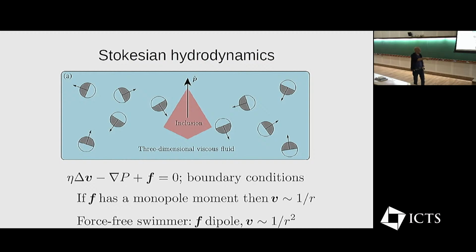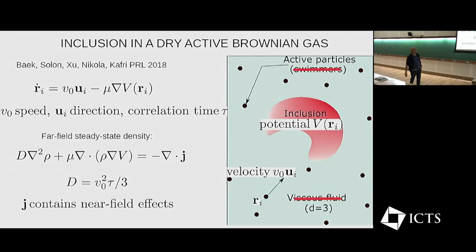If the force density has a monopole, for example, in the case of a sedimenting particle, the velocity field will decay as 1 over r away from that object. This is all in 3 dimensions. And if it's a force dipole, it will decay as 1 over r squared. You don't really need to know much more about this, but you'll have to keep both of these in mind, because although we're talking about swimmers, depending on the type of inclusion, a monopole aspect can come in somewhere. Okay, so